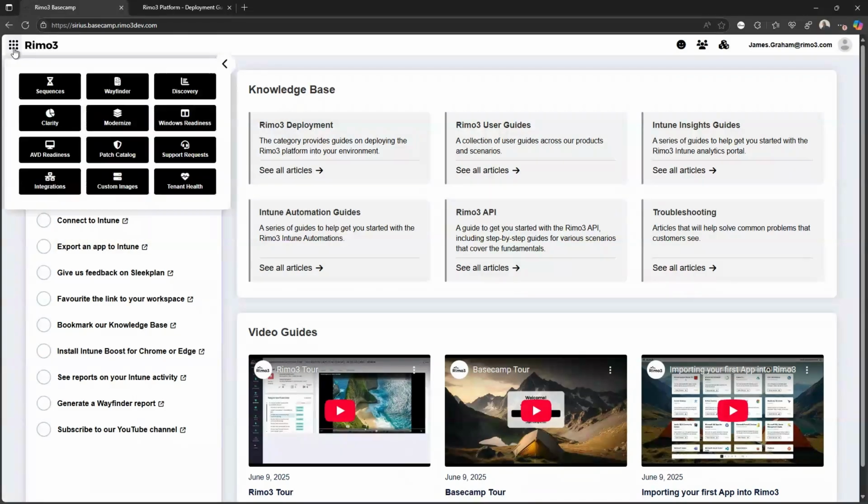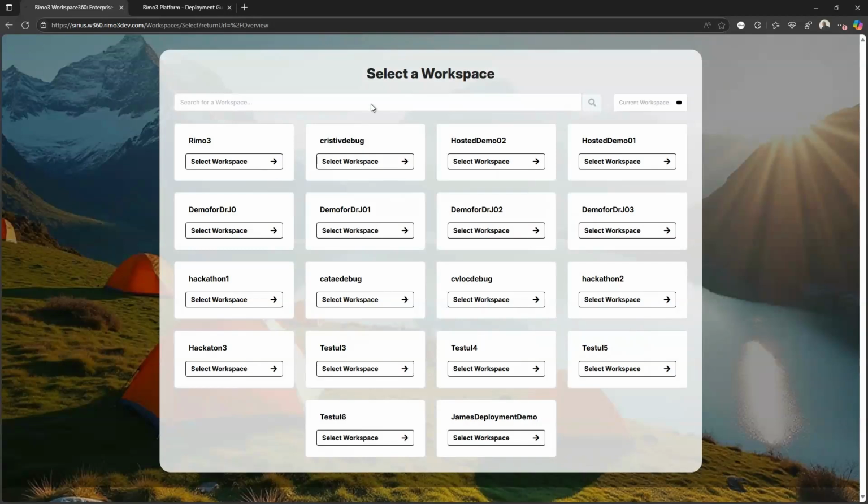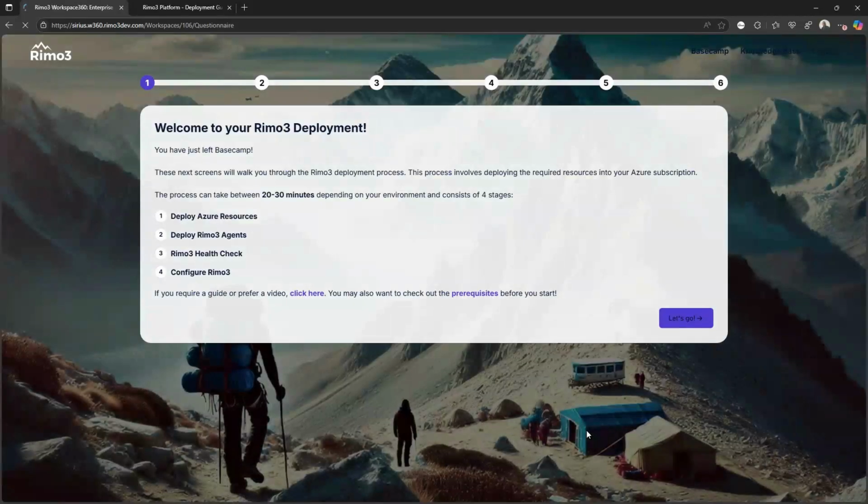However, to get started, what we want to do is head to one of the workspace screens. So because I'm a super admin, I can see everything, but typically you won't see this screen unless you're a partner that has access to multiple customer workspaces. So what I'm going to do is just select the workspace for this demo. And the platform knows that the resources haven't been deployed yet, so it immediately takes me to the Rimo3 deployment